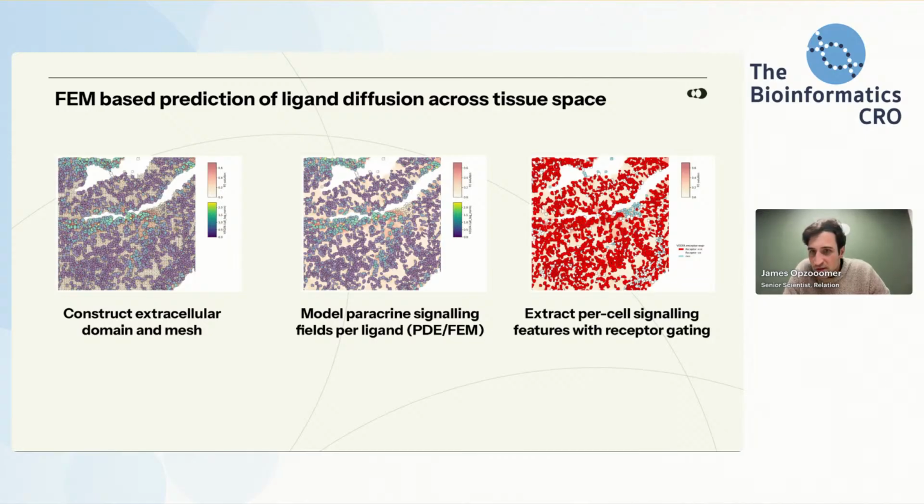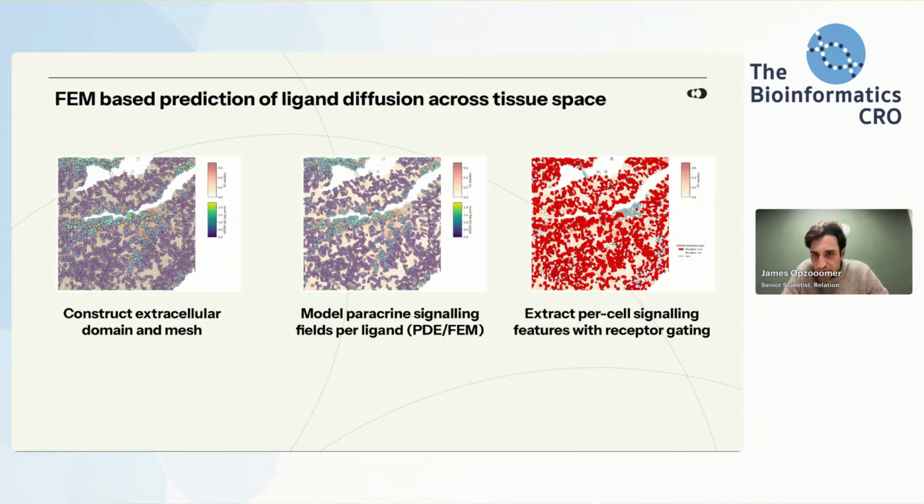So on the left here, you can see we construct the extracellular domain and mesh. So we triangulate the extracellular space between the cells whilst using a tissue mask to limit the extracellular triangulation to the space that's only underneath tissue. And starting with a ligand expression per cell, we formulate an FEM problem with diffusion and decay parameters plus Robin membrane coupling that allows us to solve a sparse linear system per ligand and get the FE solution across the